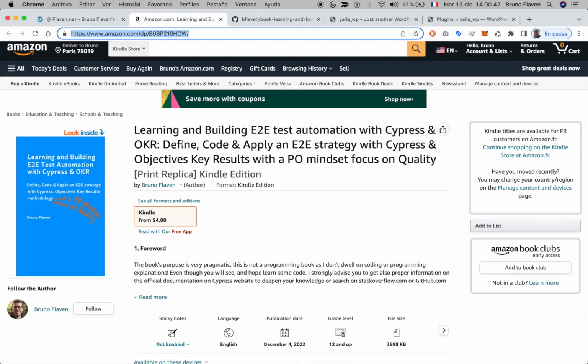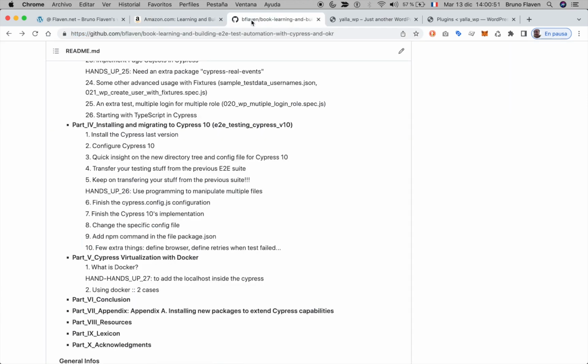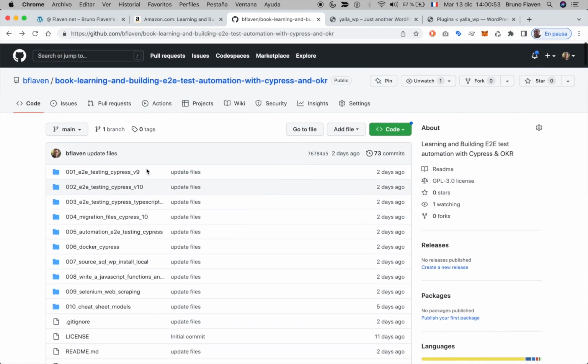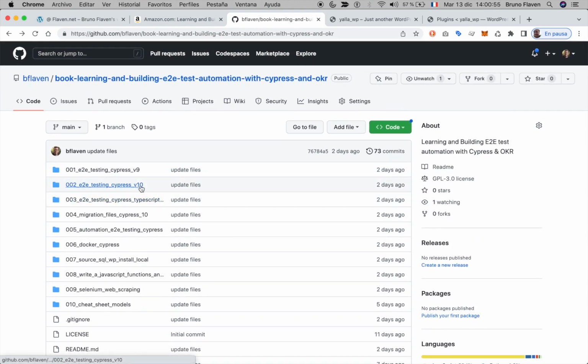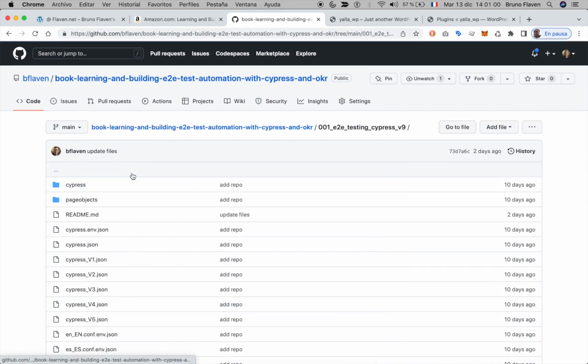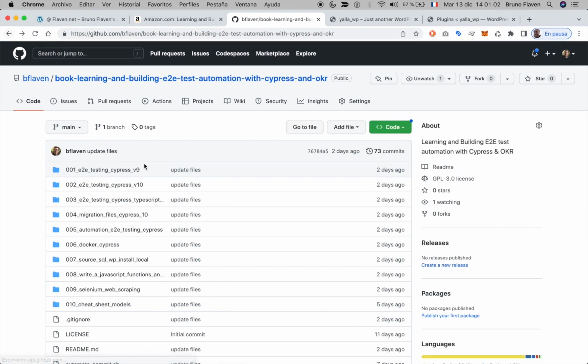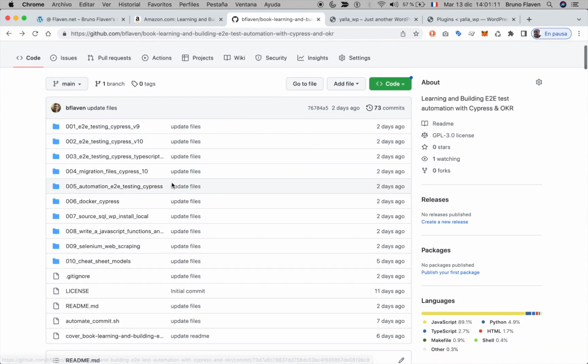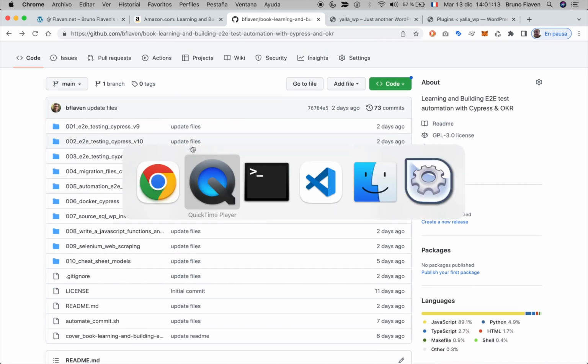I'm presenting the code that I've attached to learning and building end-to-end test automation with Cypress and OKR. This is the last book I just released, and this time I'm going through the code from Cypress 10. I've shown how to use Cypress 9 and the end-to-end suite on WordPress that was working. While I was writing, it went to 10, and I think they are now at 12. But anyway, we will go quickly to install